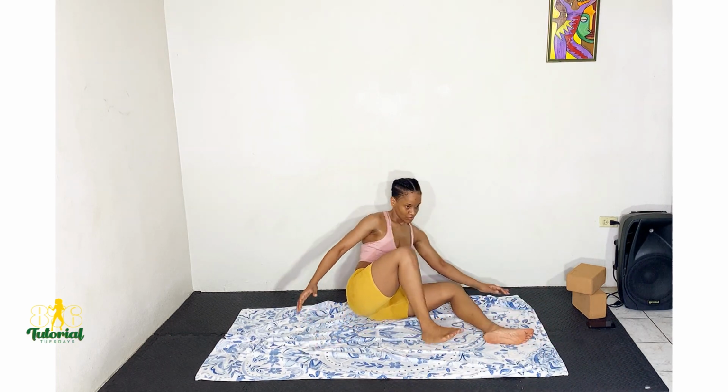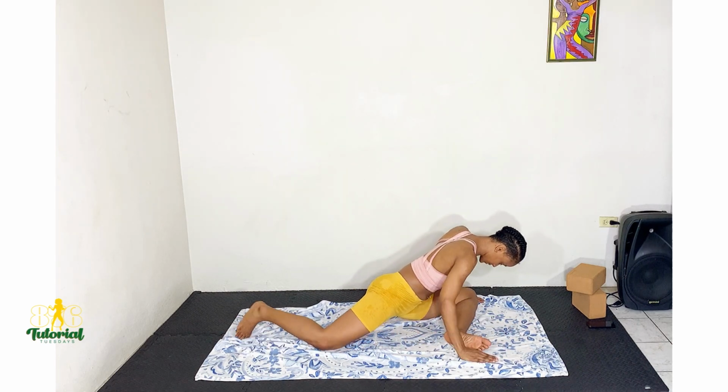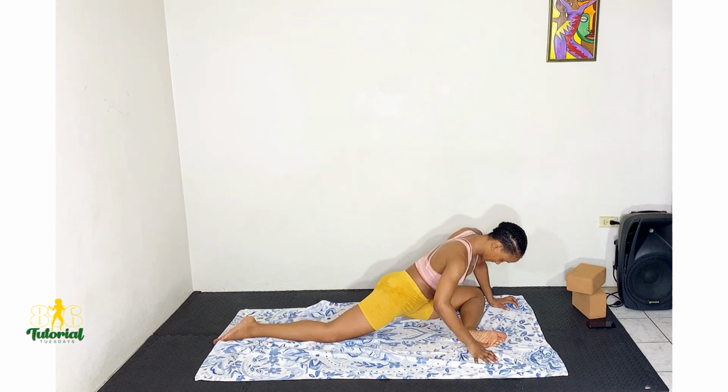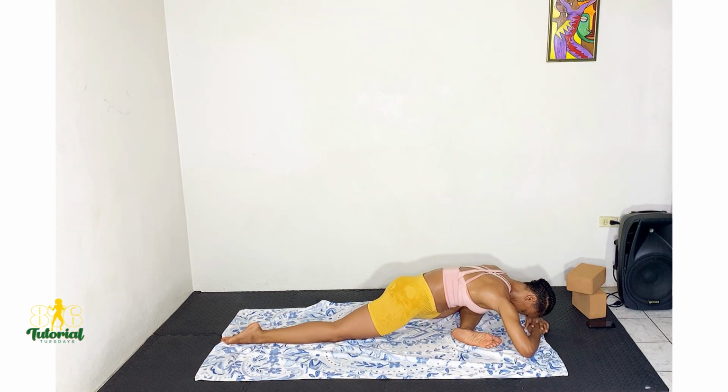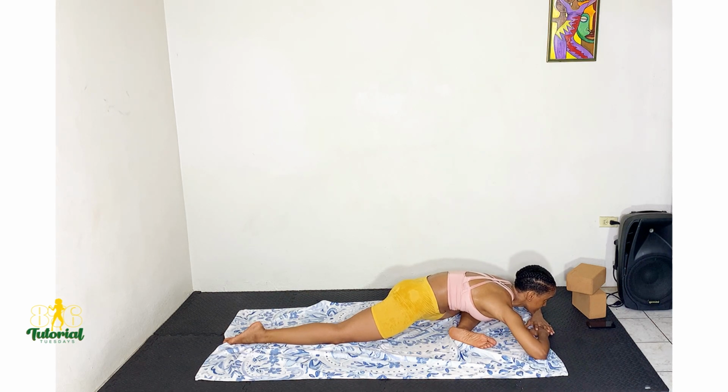Final on the opposite side, my left side. 1, 2, 3, 4, 5, 6, 7, 8, 9, 10, 11, 12, 13, 14, 15, 16, 17, 18, 19, and 20. Alright, cool. So the next thing that we're going to be doing, guys, is we're going to be getting